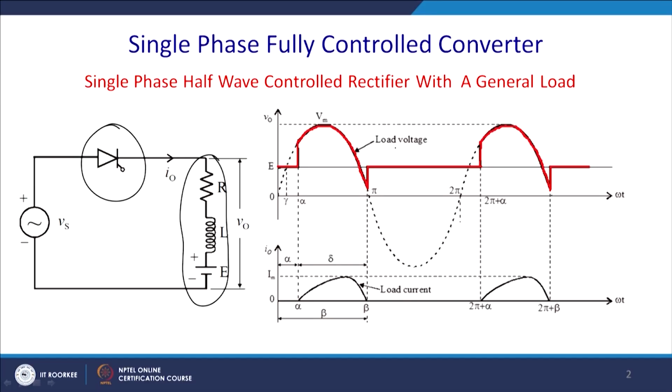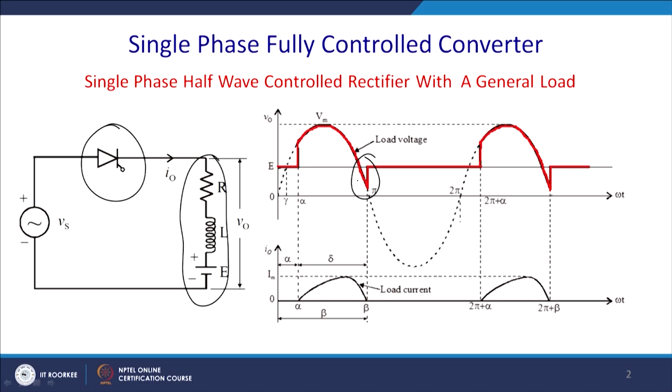So, this indicates the load voltage. With the absence of the free wheel diode, you will get a negative portion. It is triggered at an angle alpha. Thereafter, it will continue till pi. Thereafter, we assume the discontinuous operation of the current, but due to the stored energy in the inductor, current will be flowing in the negative direction. Once this energy is freed, it will be automatically commutated. Then it will be off, again the same cycle is repeated, but the actual conduction angle is beta minus alpha, where it is triggered at a delay angle alpha.